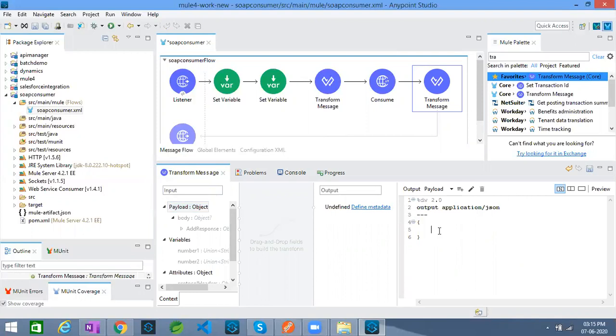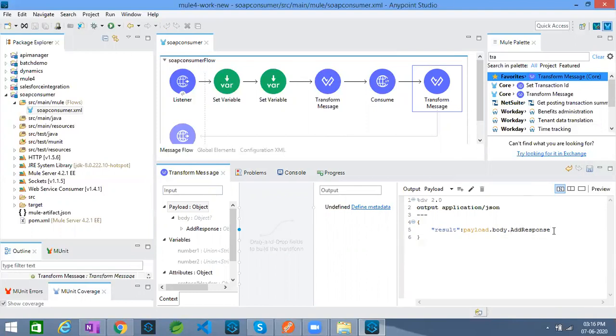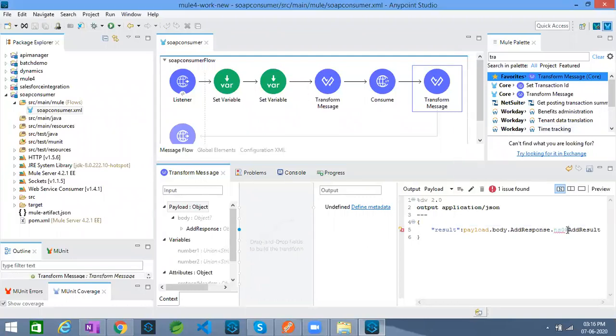So now, for example, I would like to display result colon payload dot body dot add response dot add result. Till this particular portion is pretty much enough.